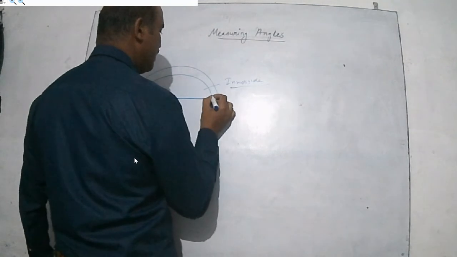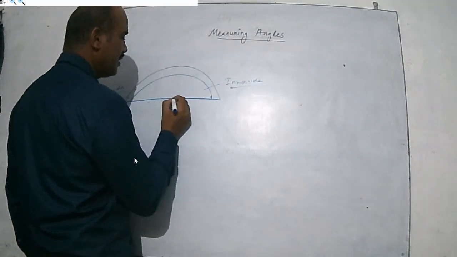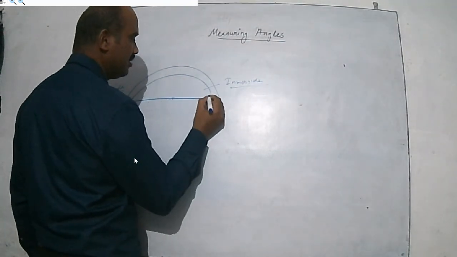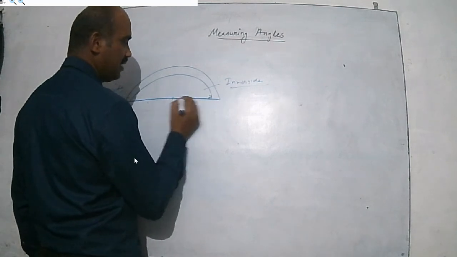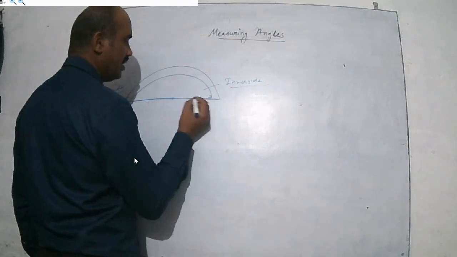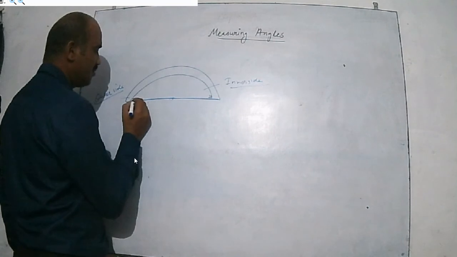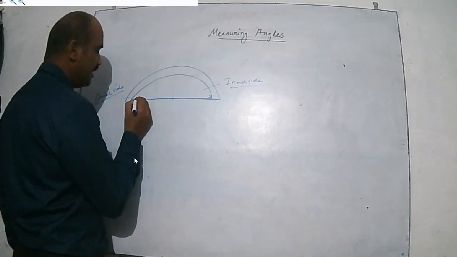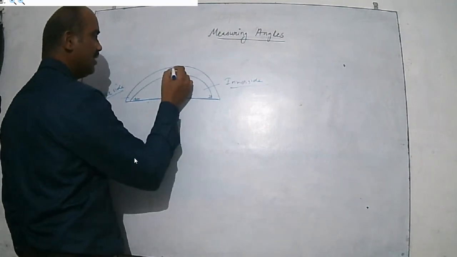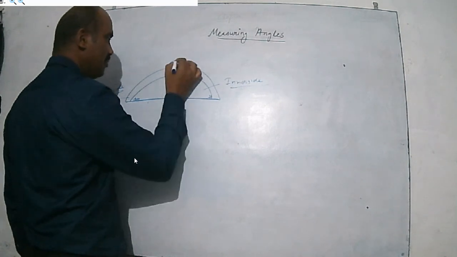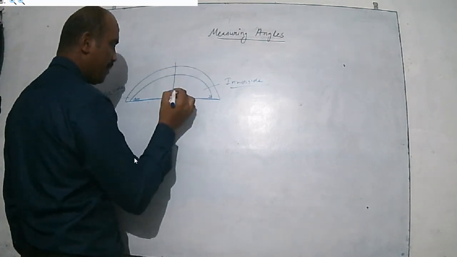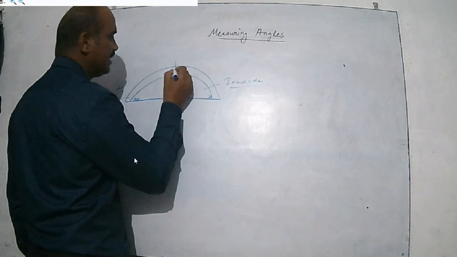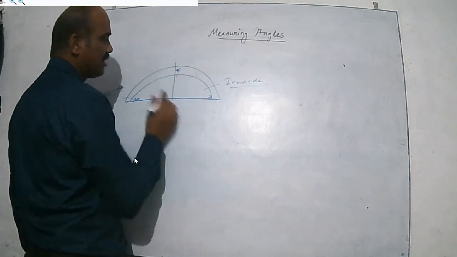Now on the inner side, it starts from here. This is your 0 degree. It starts from this one. Okay, this is the baseline. It starts from 0 degree, and here it is 180 degree. Okay, and this is our mid region. It is 90 degree, 90 degree on both sides.